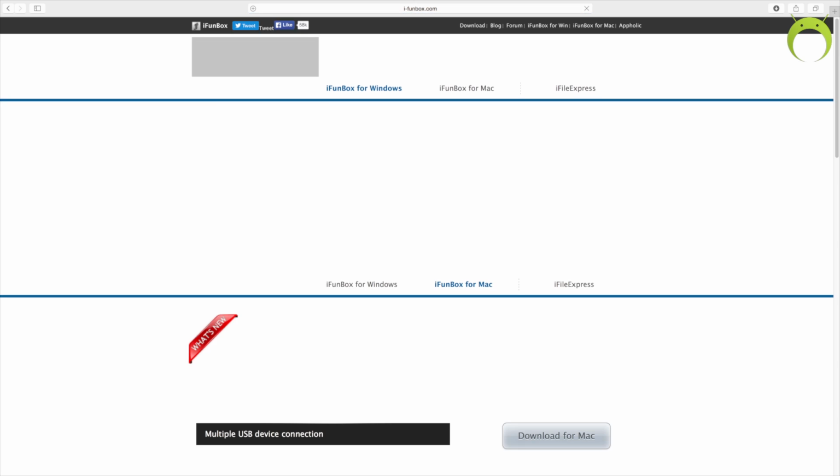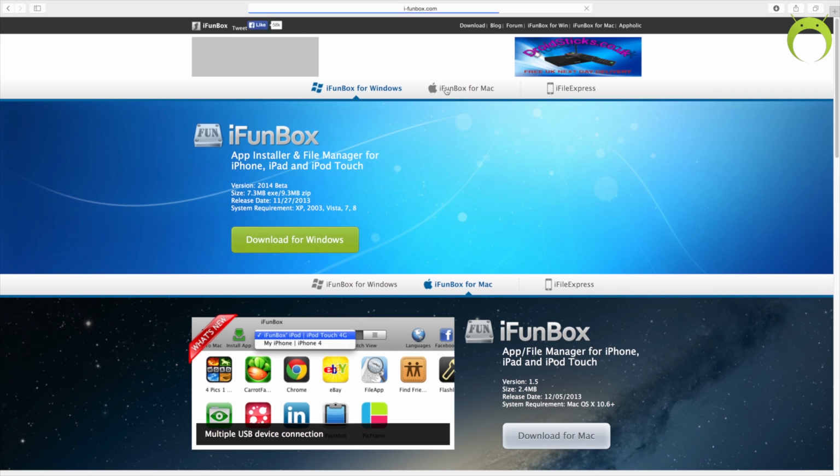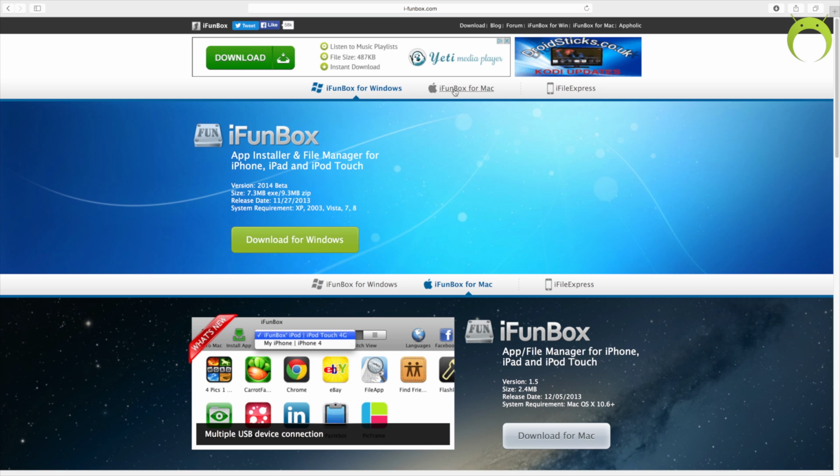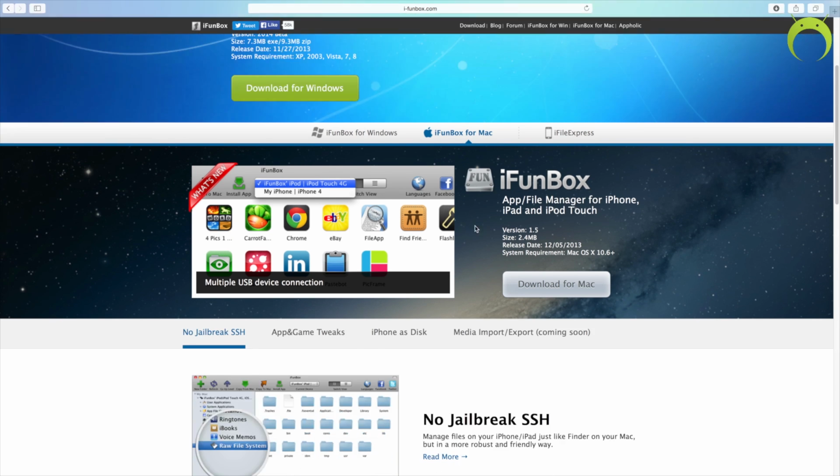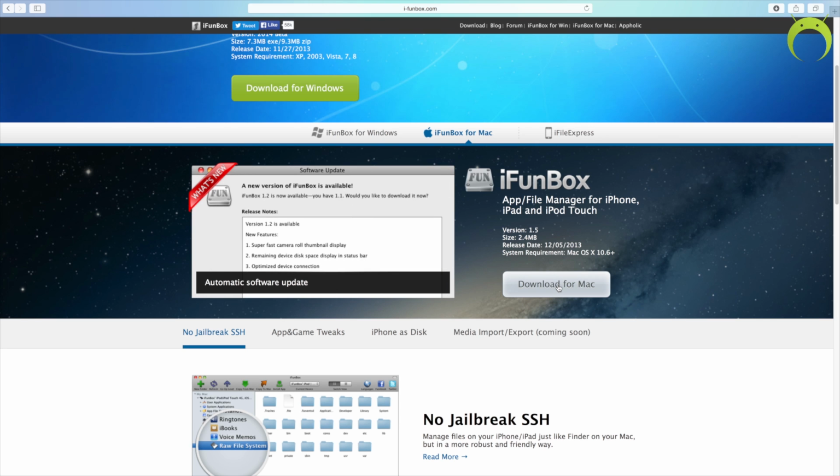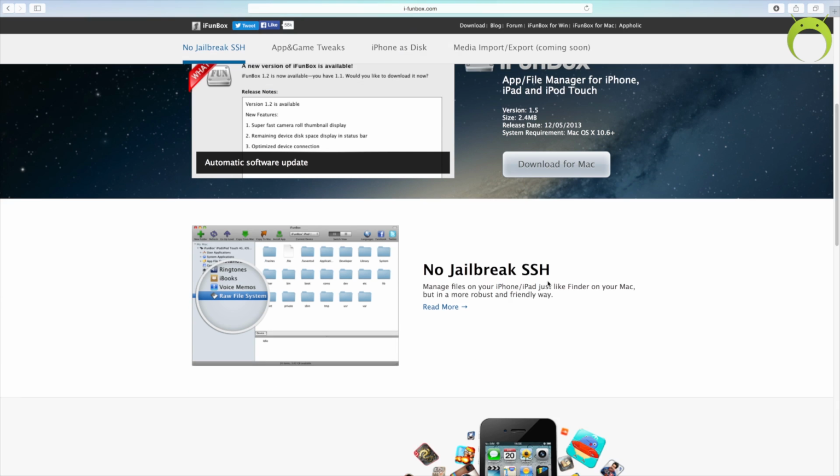Now once we finish signing all the cores that you'd like to sign, in my case I'm only going to do the N64 and PlayStation 1 core, we're going to copy the link that's in the description to download iFunbox, and then you're going to hit the download for Mac and download iFunbox if you don't already have it, and then follow all of the steps that require you to install iFunbox.